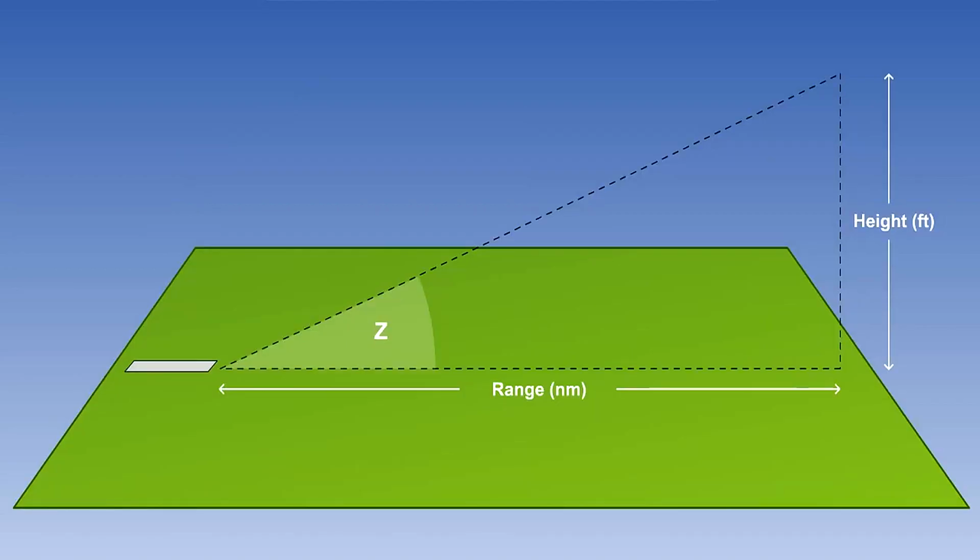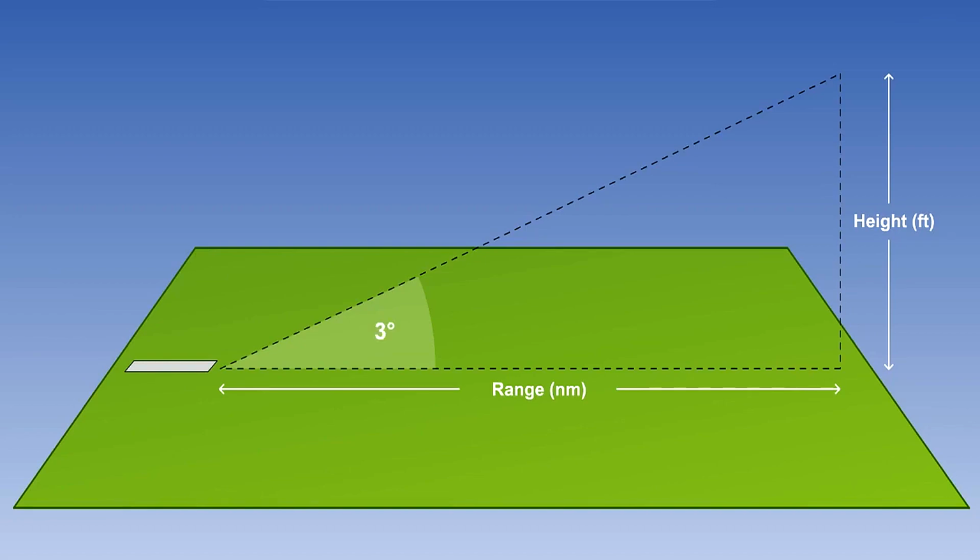To conclude this lesson on the VSI, we will take a look at how a rate of descent can be quickly and simply calculated using the 1 in 60 rule. The 1 in 60 rule states that if the range is 60 units long, then the height will be the same number of units as the angle in degrees.